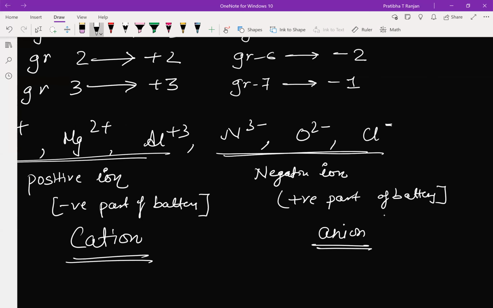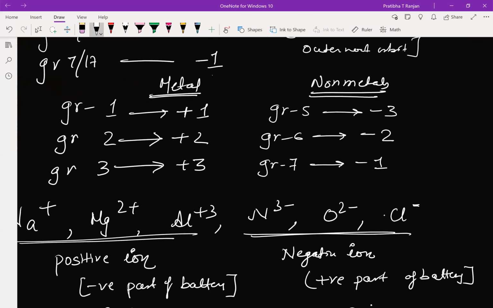Always keep in mind, group 1, 2, and 3 are the metals, they are known as donors, and they will develop the charge according to their group: +1, +2, +3. Same for the non-metals, they are known as acceptors, and they will develop a charge of -3, -2, and -1. So in this way, we can convert the atoms into ions and then we can perform chemical reactions, formation of molecules and all. For this, you have to visit my another video where we are going to see how we can make a compound and what is the procedure for naming the compound.